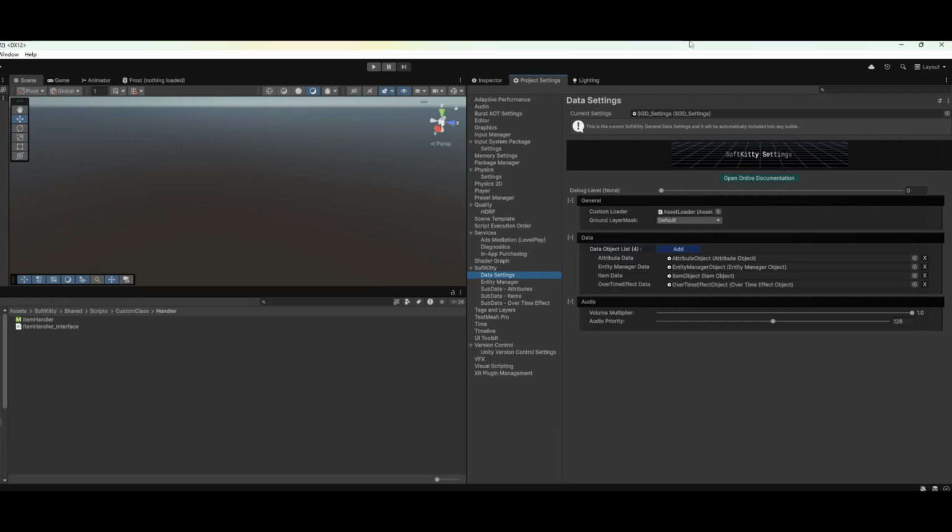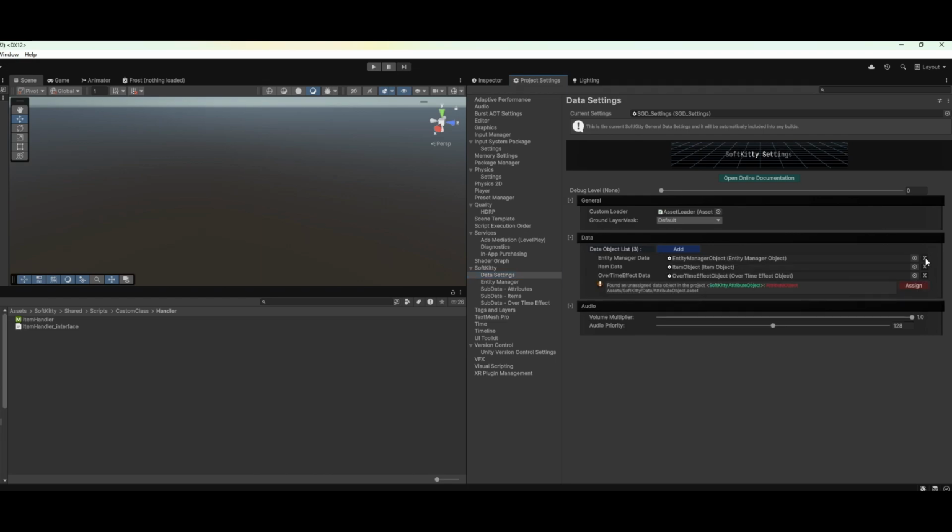I'm going to walk you through how to set up inventory engine. So in the project settings, find the Softkitty data settings. You will see there are already some database objects here, and those are for the demo. You have to create your own for your own project. So let's delete them all,